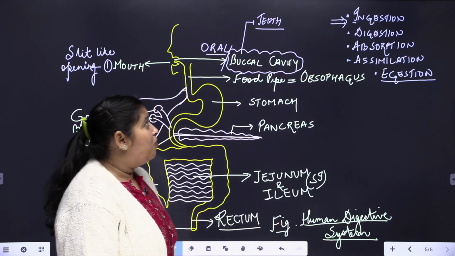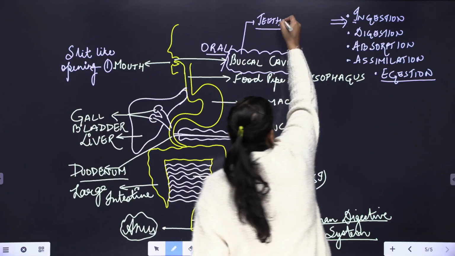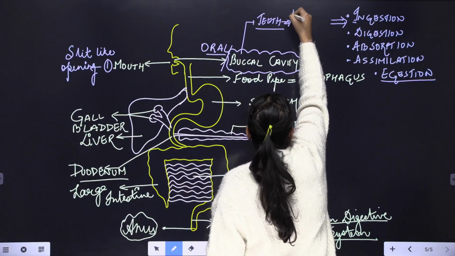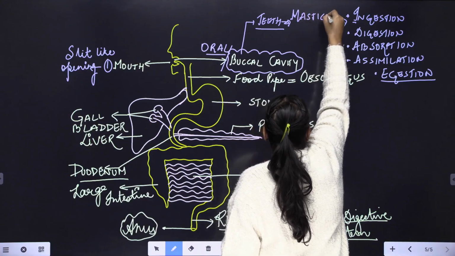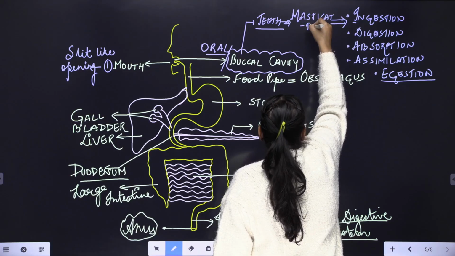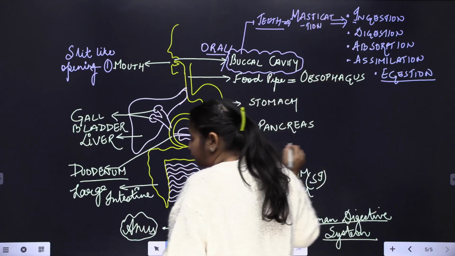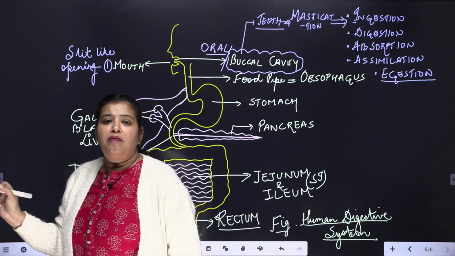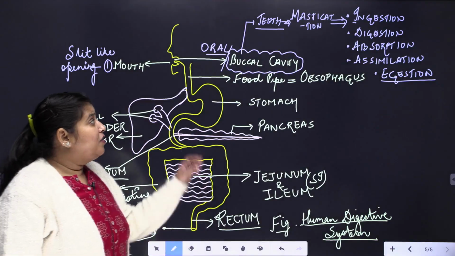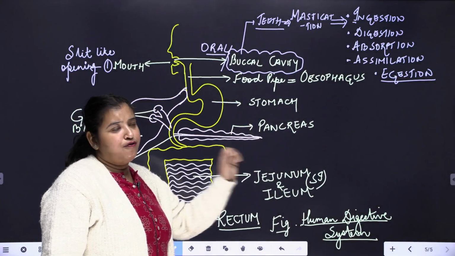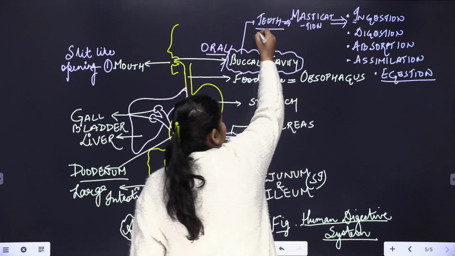Clear? Now, when I say teeth, teeth overall help in chewing the food, and the process is known as mastication. The process of chewing the food by the teeth in the buccal cavity is called mastication. All right. Now, teeth, I have already told you, are of four types. In case of adults,